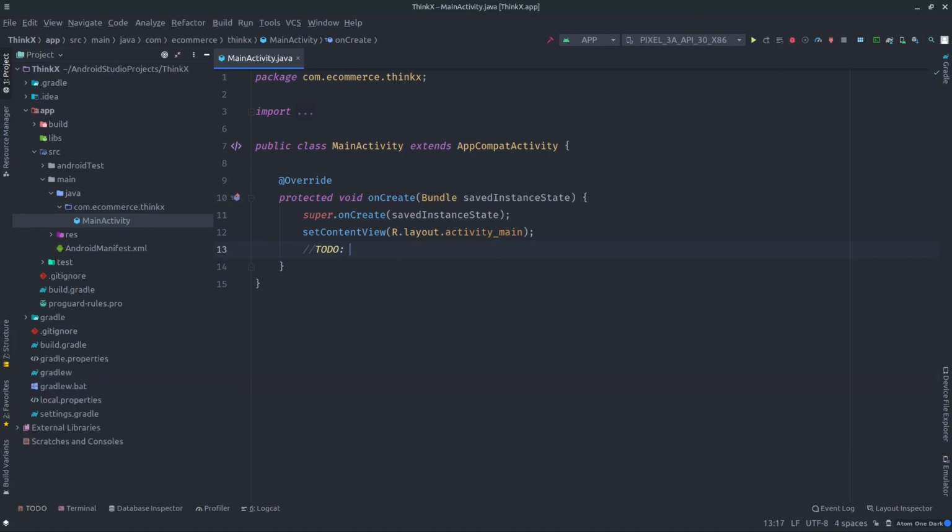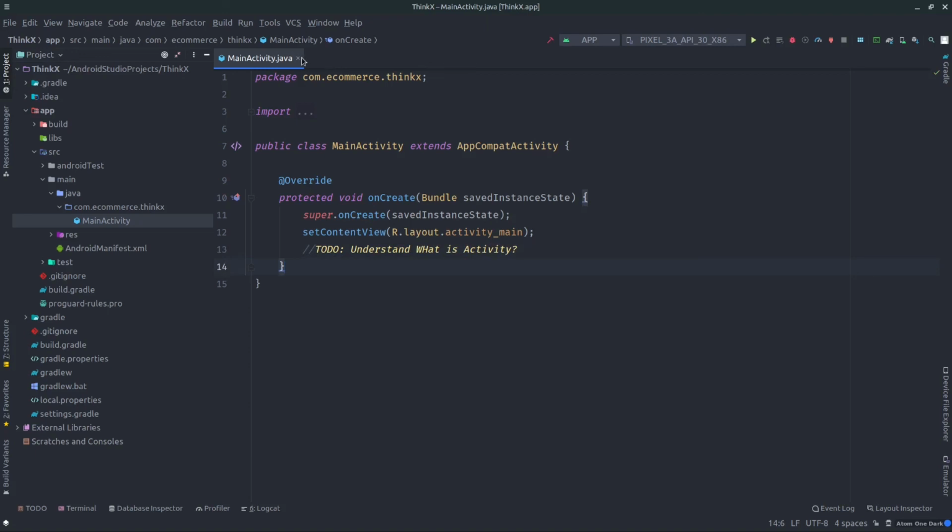TODO is something like a task which you can put in the activity. Let's say I'm going to write here: understand what is an activity, right? What is an activity? This is the question, and let's say we want to learn it, so we can put these TODOs.